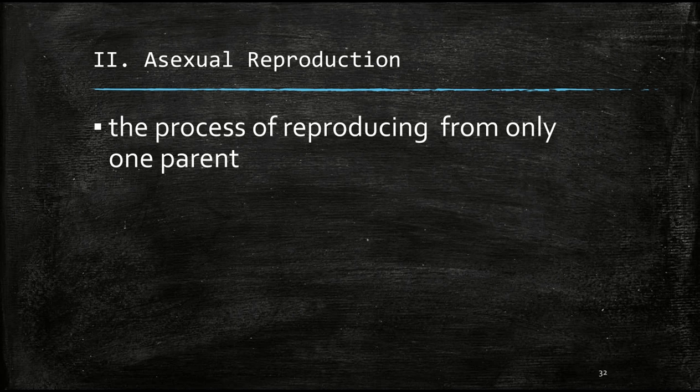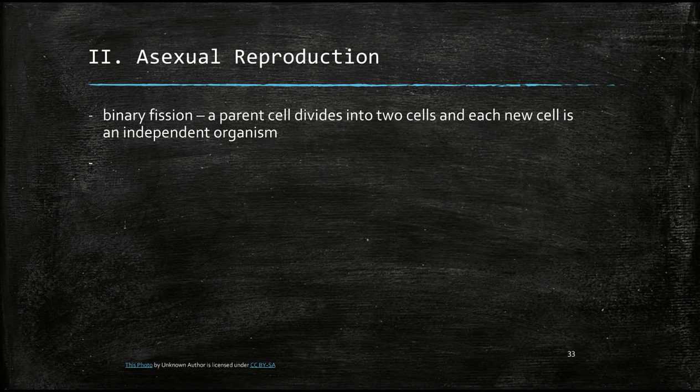We are going to finish up chapter 12 today. We have been talking about reproduction of plants and animals this chapter. What we have talked about so far requires two parents. Today we're going to move on to asexual reproduction, which is the process of reproducing from only one parent. Think of it kind of along the lines of cloning. We'll have the exact DNA as the parent plant because it doesn't have other genes coming into play as well. Let's go ahead and talk about the different types of asexual reproduction now.